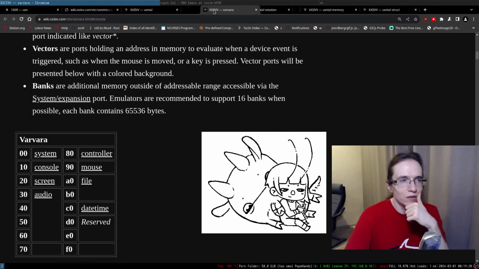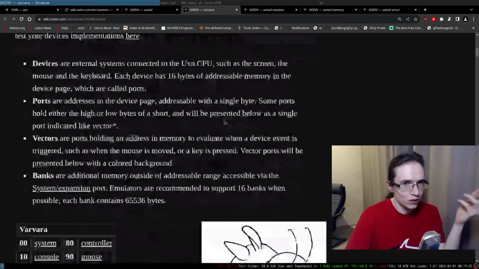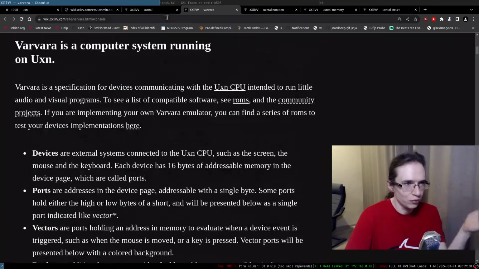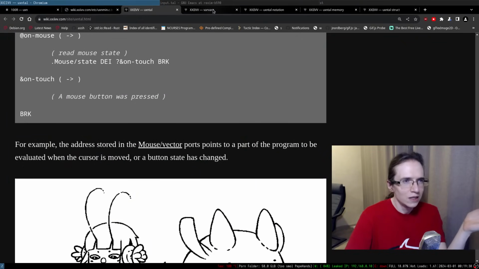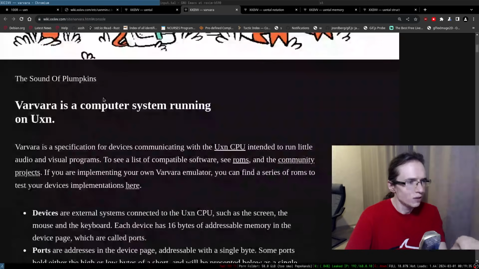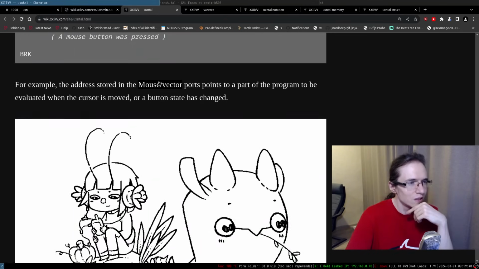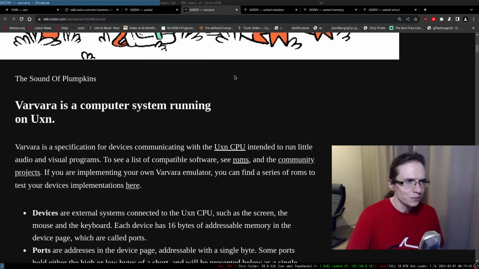So I suppose Varvara is the system itself, sort of the virtual machine. UXN is kind of difficult, like a specification for devices. Communication with the UXN CPU is a computer system running on UXN. The terminology is kind of weird, honestly.